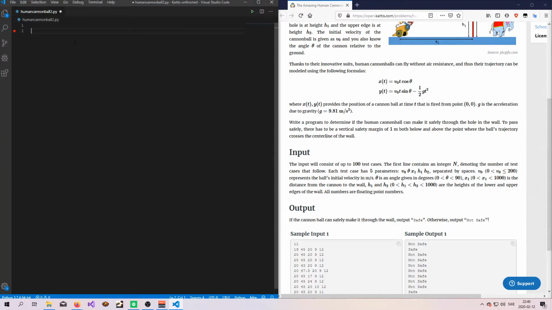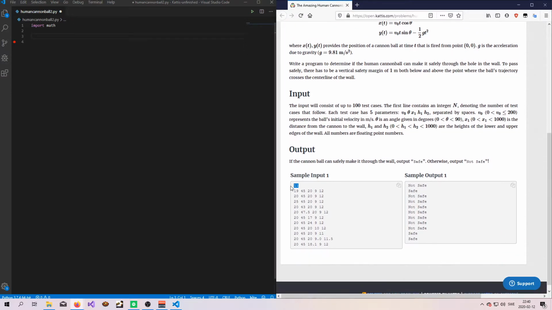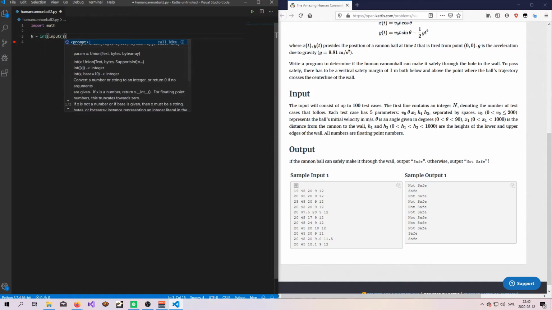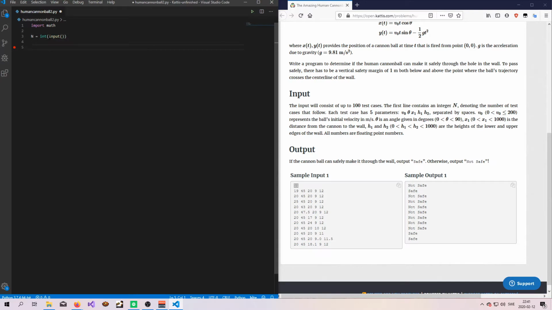Alright, so let's get right into it. I'm gonna start by importing math, because I'm pretty sure we'll need that for the cosine and sine functions. And then we'll start off by reading the n amounts of input. So we'll go n is int of input. That seems fine. And then we'll do a for loop for that one. For y in range n,